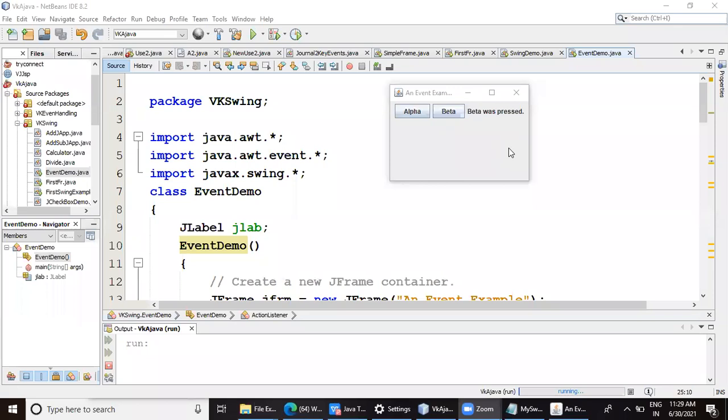Those who really want to achieve expertise in this programming, all of you take this as a homework today. Try to write this program using our traditional method, with two buttons, alpha and beta, and the label. Initially it should say press a button, and the moment I click whichever button, that label should change accordingly.